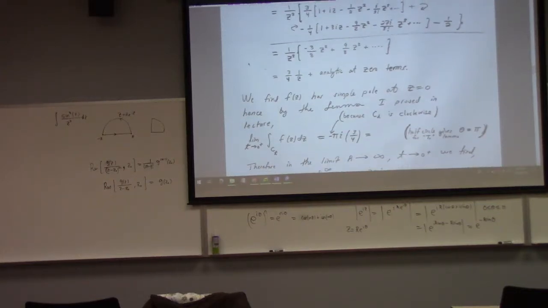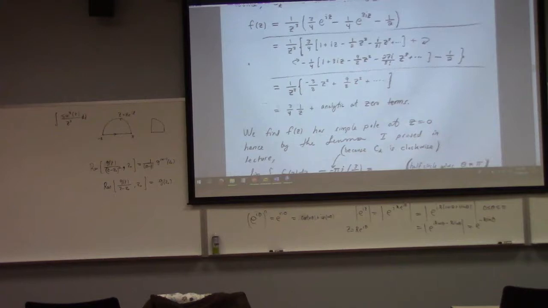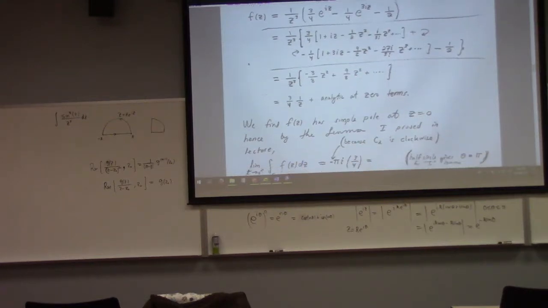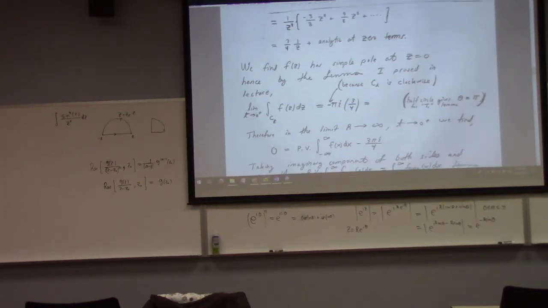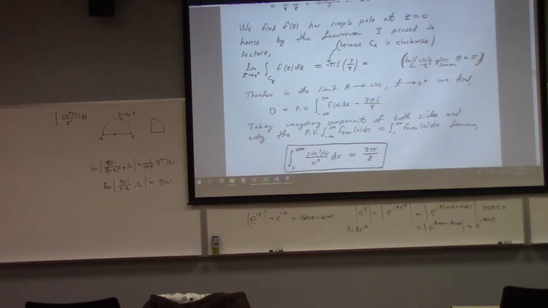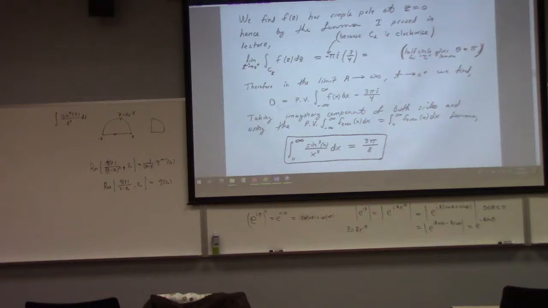I don't believe for a second that that's a simple pole. That's a pole of order 3 if I've ever seen one. It's just that a pole of order 3 can also have a residue, because there can still be a non-trivial coefficient to the reciprocal term. So that's not quite right there.